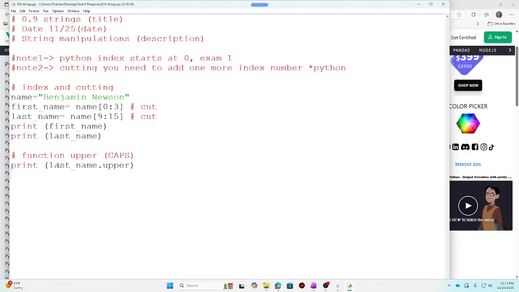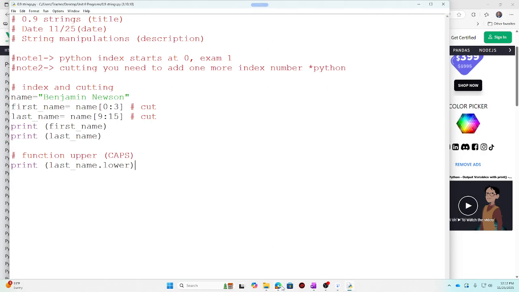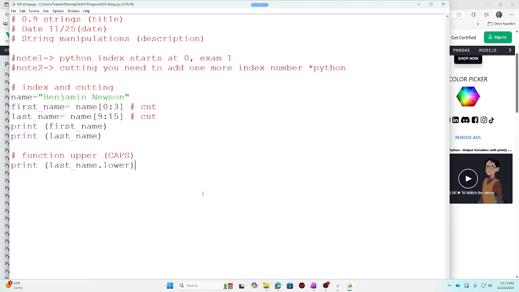Let's try lower. Let's say lower. Built in. Interesting. I may not have it installed. I'm just going to copy this code here.